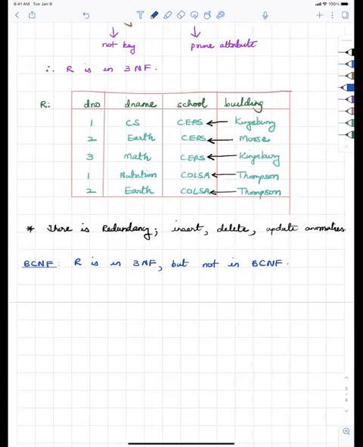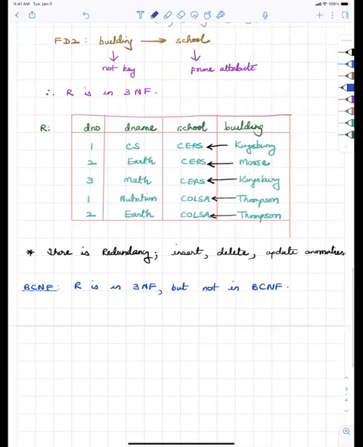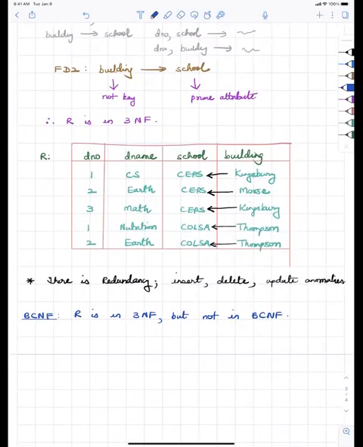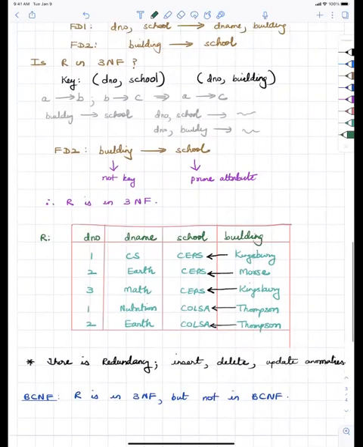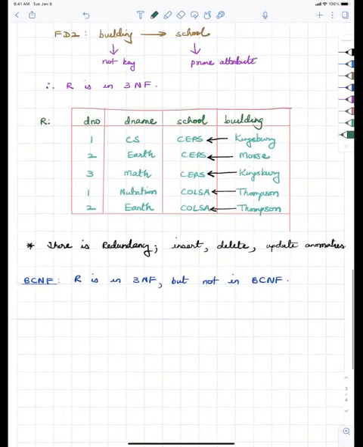I'm trying to see, should I give the definition of Boyce-Codd first? Okay, so let's just say that before I even give the definition of Boyce-Codd normal form, let's say, how should I divide this table R so that I remove the redundancy? One way of doing it, I could do it in two particular forms, because remember, there are two keys out here. You have D number and school, and D number and building. Both of these are keys out here. And then you have building goes to school. So one way of dividing this could be,